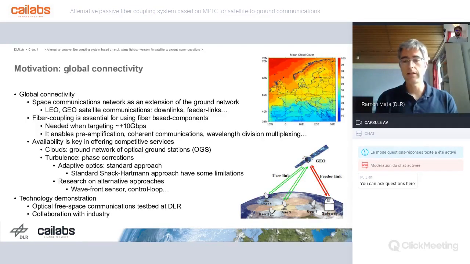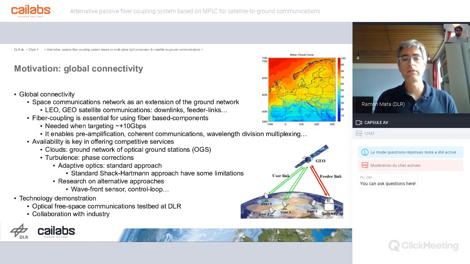In the end, the concept is based on a network of ground stations. So in the graph before, you saw this line at 11, so 11 ground stations. You need 11 of them because you distribute them around the whole geography where you have the coverage of the satellite in order to achieve a decorrelation in between ground stations. It means at least one of the network will be available, will be cloud-free.